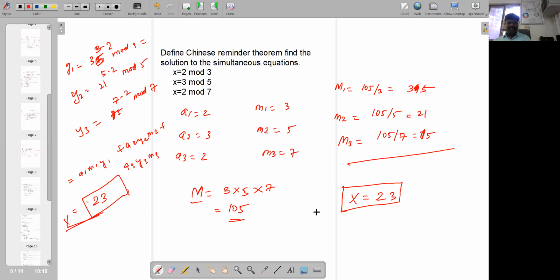If you are clear with this, then we'll move to the next algorithm. I hope the Chinese remainder algorithm is quite clear for you. And I hope that you solved it in parallel, right? You should not face any difficulties solving such equations when you get this kind of problem in your examination.